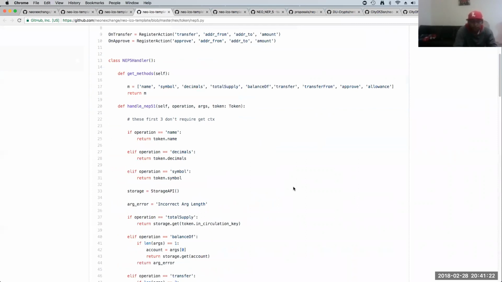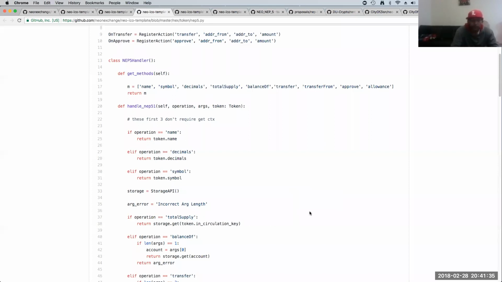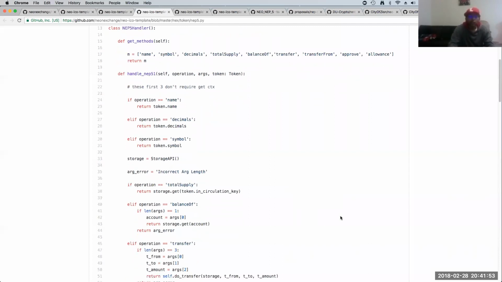Okay. So they have an NEP5 handler class that handles most of the logic for all of the NEP5 functions. So this is where the decimals, the name, total supply, transfer, and all that good stuff comes into play.